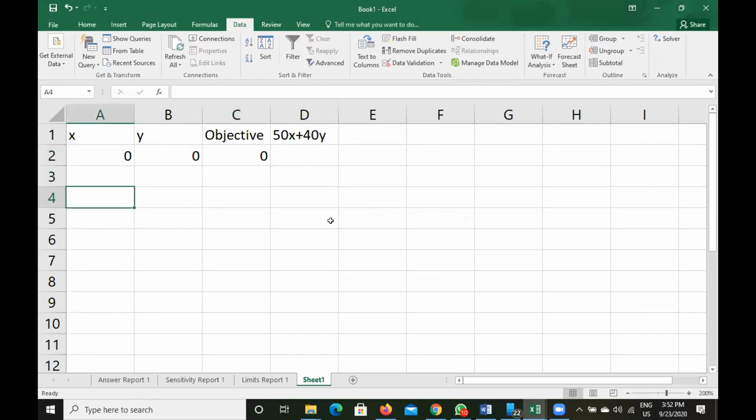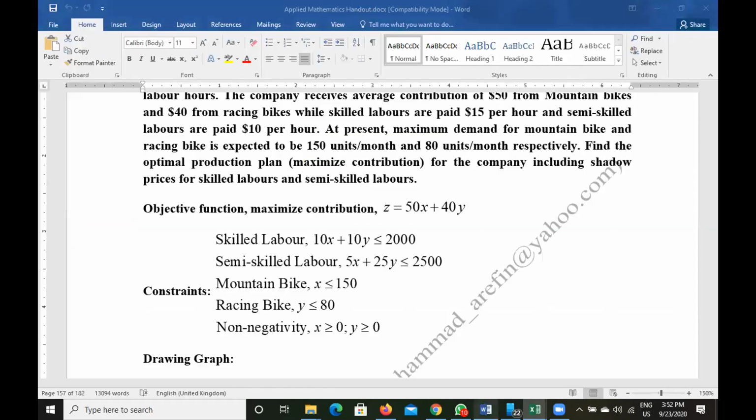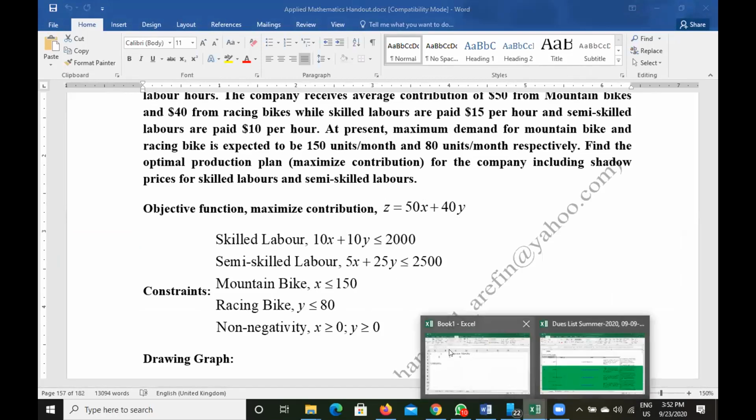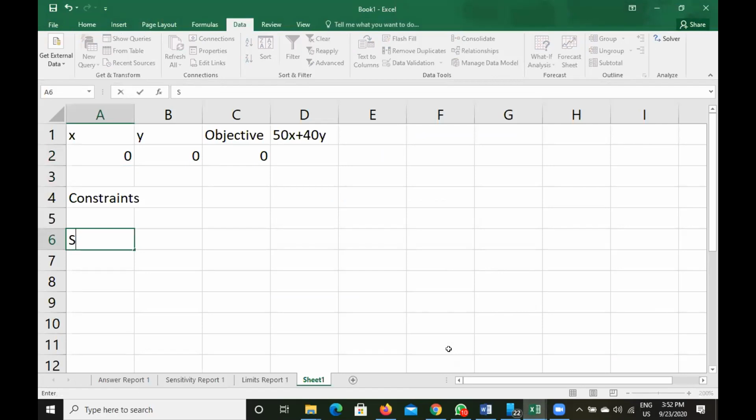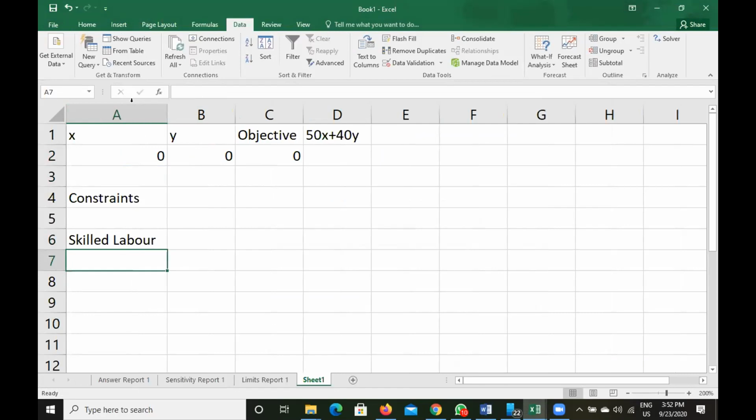Now we will write constraints. So the first constraint is skilled labor.